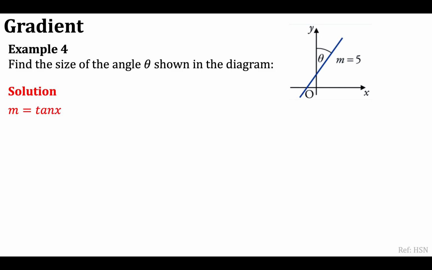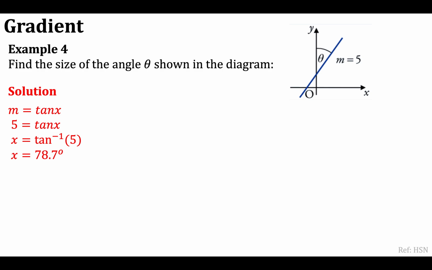So we firstly know that we've got the gradient, it's 5, but we also know this formula, m equals tan, I'm going to call it x this time because theta is already in the diagram, and you'll see in a moment why I'm not putting theta into my formula this time. So m equals tan x, I know that 5 is equal to tan x because 5 is the gradient, and in order to find the angle x, I need to take the inverse tan of 5,